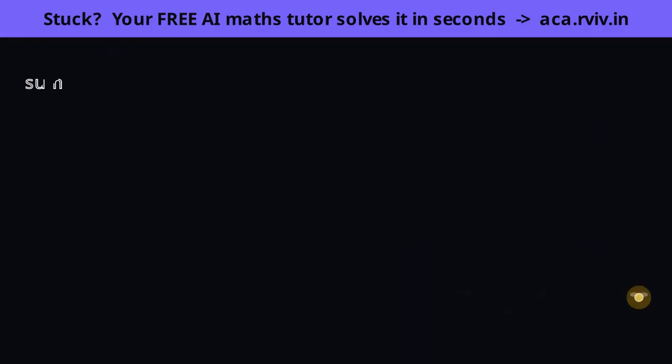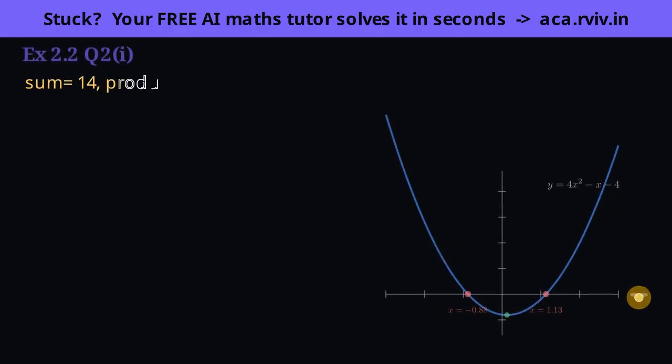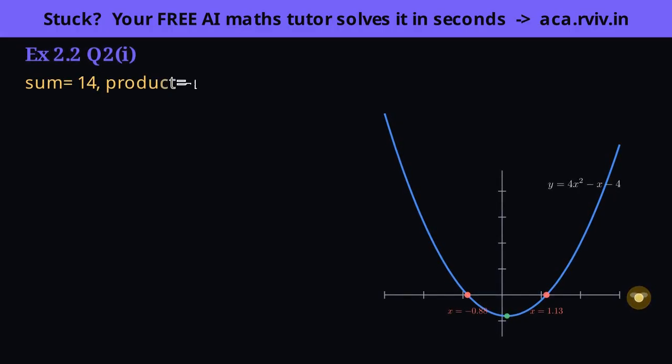Now Q2 reverses everything. We are given the sum and product and must build the quadratic. Part 1 starts us off. Setup. To build a quadratic from its zeros' sum and product, we use the template x squared minus the sum times x plus the product, the reverse of the relation we've verified all along. Substitute the given values, sum 1/4, product minus 1, into their slots.